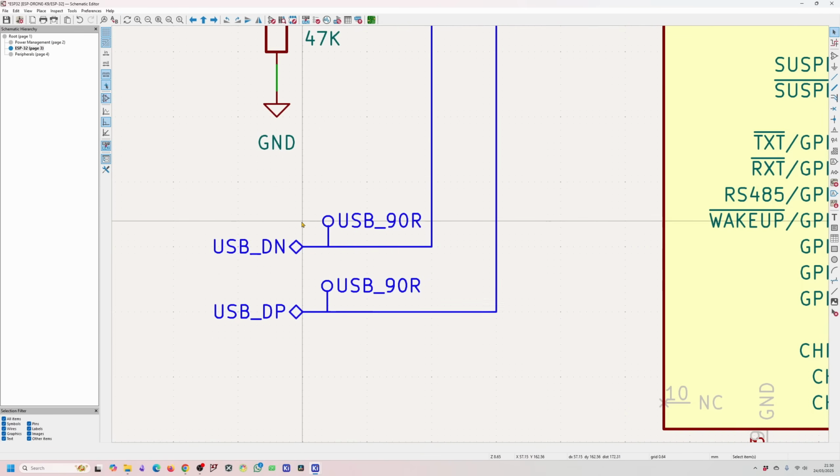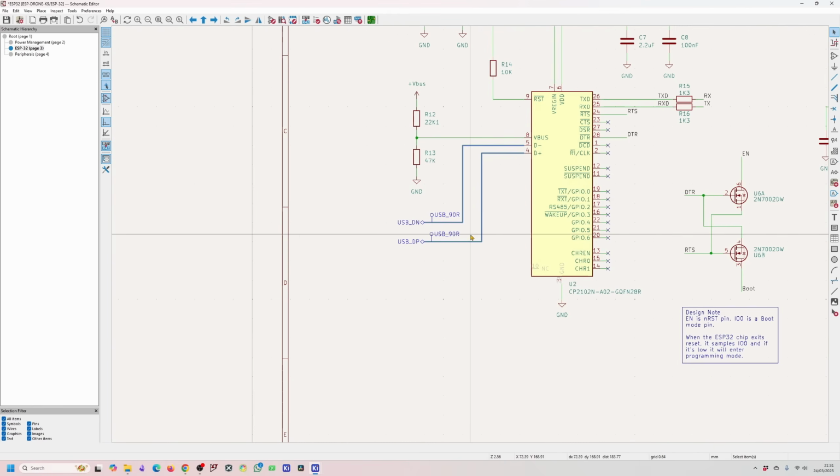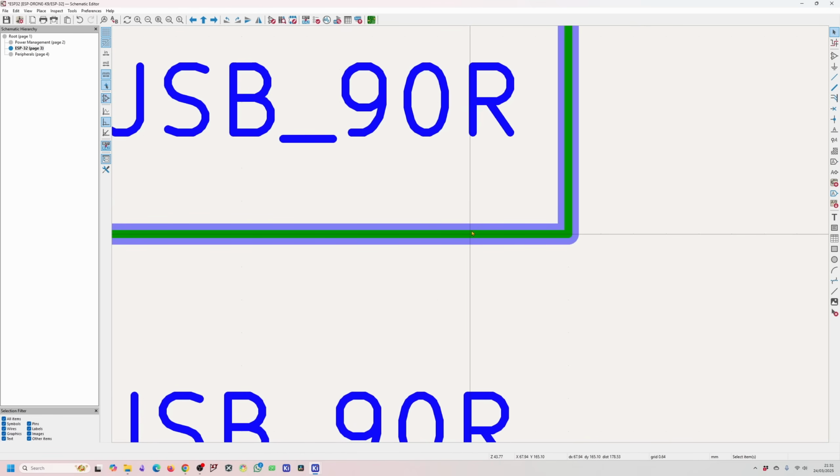One of the new features with KiCAD 9 is that you don't have to change the color of the net itself, but you can put a highlight around the net, which is something similar to Altium, and I prefer that method with the highlight. In order to enable that method, you basically have to go to Preferences, click Preferences again, go to Schematic Editor, display options and then tick this checkbox over here. Then we can turn down the thickness if we need to, and we can turn down the opacity if we need to as well. But obviously that's down to your individual preference. So you can see around the green net, which is basically this wire over here, we've got a blue highlight